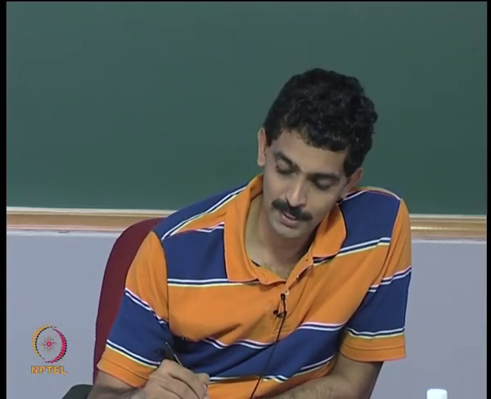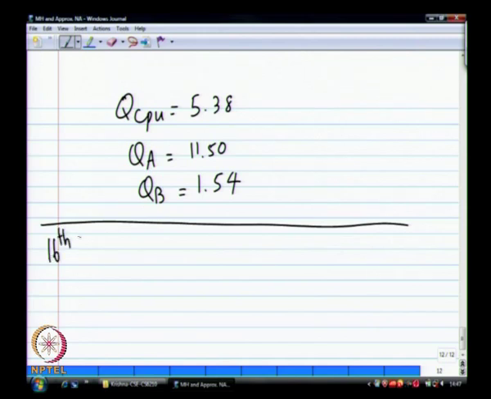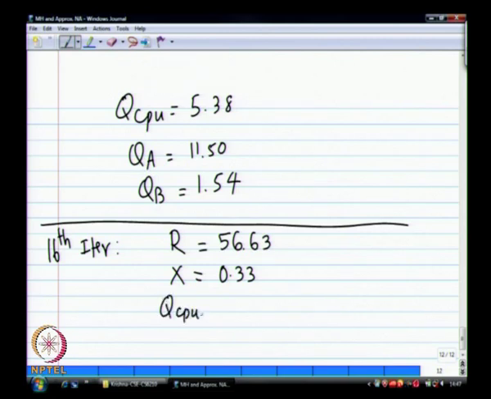Finally, if you look at the 16th iteration, then the R is going to 56.63, X is settling at 0.33. This we knew from last time, that is our upper limit 1 over D max. So X is finally converging, and then the Q lengths,